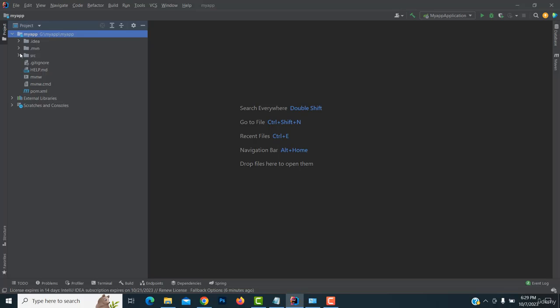Inside the project, you can see there is the folder SRC. Inside the SRC folder, you can see the main folder. Let me expand the main folder. We have two different folders: one is java, and the other is resources. If you expand the java folder, you can see